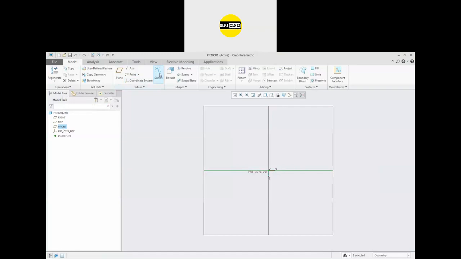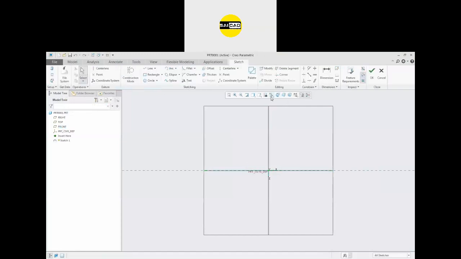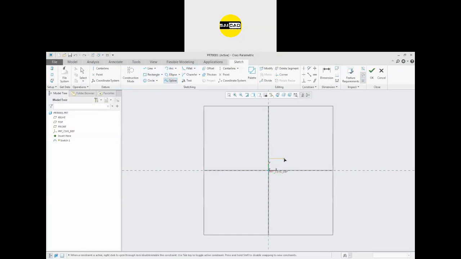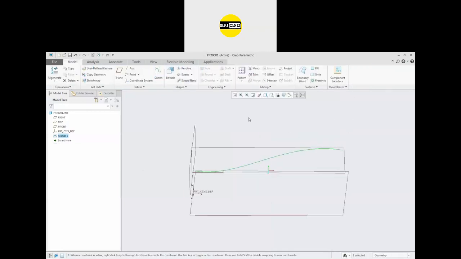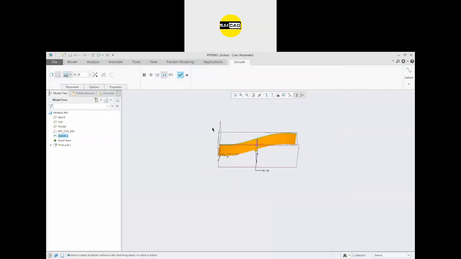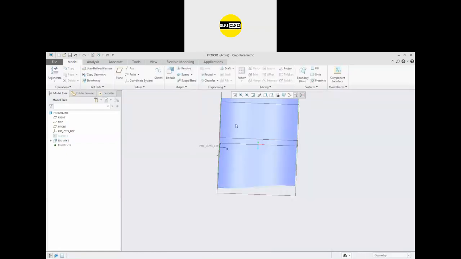I want to create a shape in the front view, and with this line my skin should be like this one. Okay, we have the surface option, like we extrude. You can extrude it like this one and go to this shape.